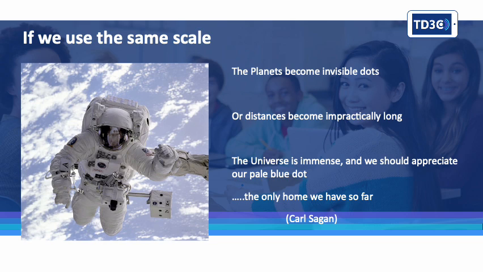You can explain to them that if you use the same scale, the planets become invisible dots, or the distances become practically too long. And this is an introduction for them to understand that the universe is immense. And we should appreciate our blue planet, this beautiful planet that you see behind the astronaut. And by the way, this is a real picture of an astronaut around the International Space Station. And you can also quote Carl Sagan in the episode of Cosmos called Pale Blue Dot, where he says very beautifully